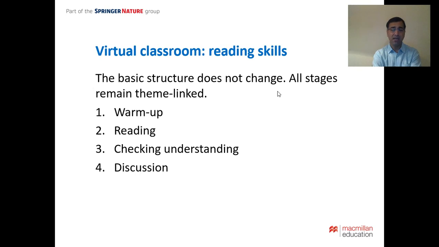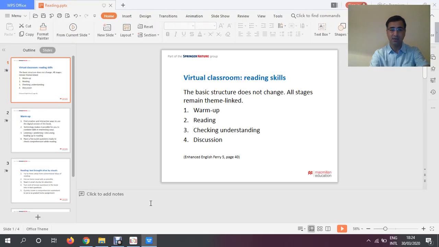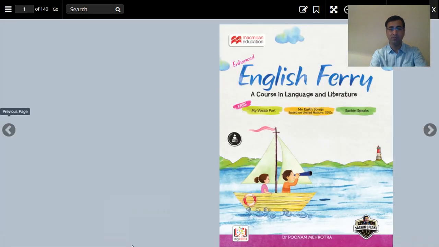You might be using any book of any of the publishers in the classroom. What I'm going to do today is show you a few examples from Macmillan's English Fairy. So we'll just look at the digital version of the book which I have here for you. This book is for class 5. So let's go to page 40